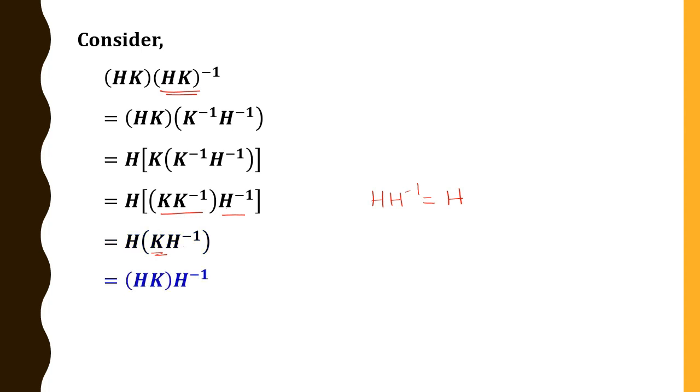Next again, H of K into H inverse can be written as H into K, and H inverse you write as it is. Again, what is our assumption? HK is nothing but KH. Since HK is nothing but KH, HK can be written as KH, and H inverse we shall write as it is. Therefore, again this can be written as K of H into H inverse. Again, since H is a subgroup, HH inverse we get H. Since HH inverse is equal to H, we get K into H. Again, we know that according to assumption, HK is equal to KH, therefore KH can be written as HK.